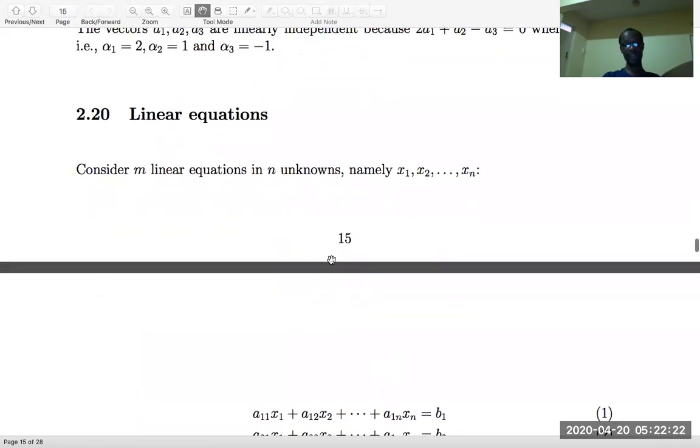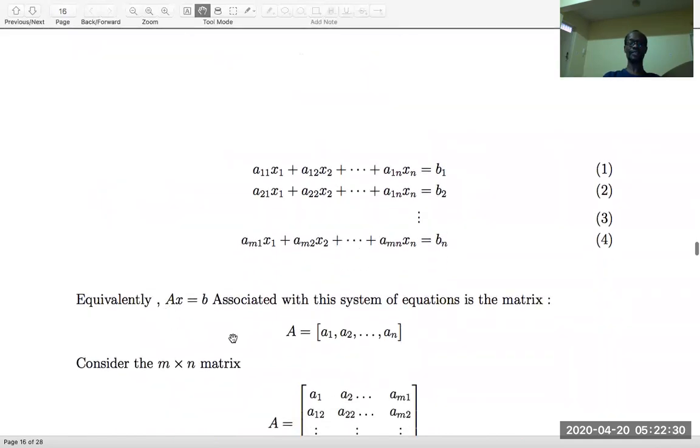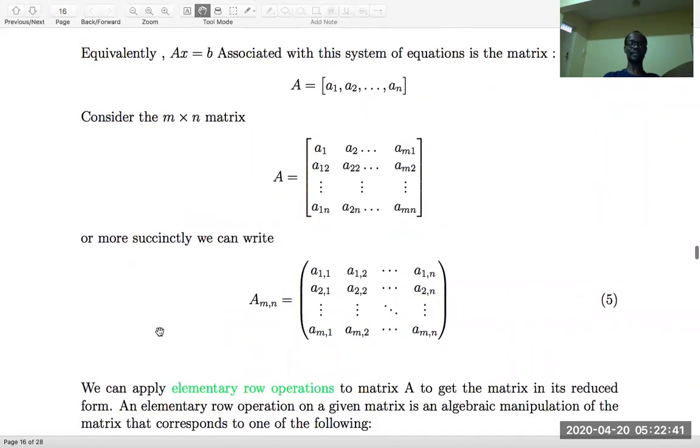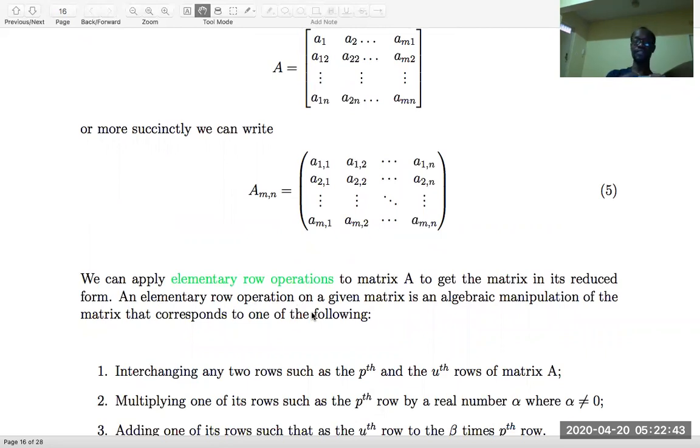So now remember linear equations. Consider m linear equations in n unknowns, namely x1, x2 to xn. You could rewrite it in this format. Equivalently, you could write that Ax is equal to B, and associated with this system of equations is the matrix A. So we could rewrite this like this or like that. We can apply elementary row operations to matrix A to get the matrix in its reduced form. An elementary row operation is merely trying to make an upper triangular or lower triangular matrix. And I hope that you have done this in numerics, or you are likely to do it in numerics